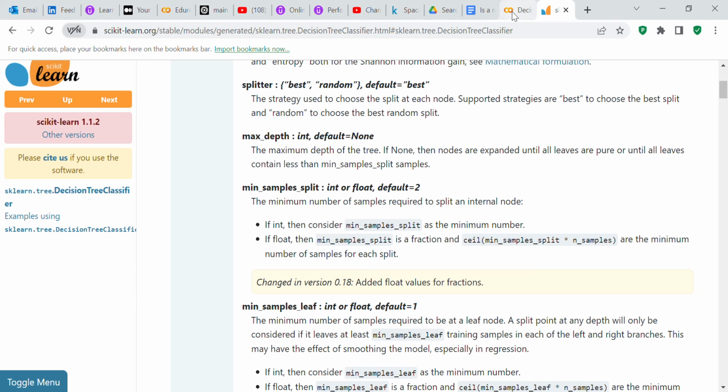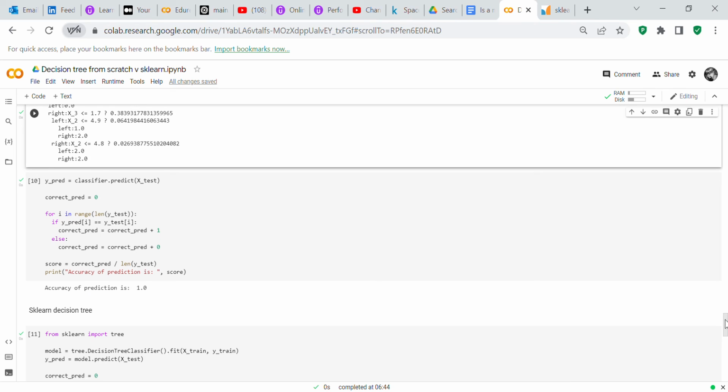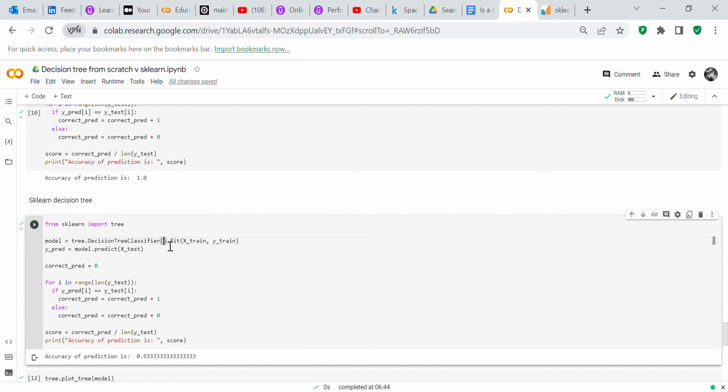So I'll make max depth 2 and see what happens. Well, it improved it to 96. It didn't make it 100% accurate, but